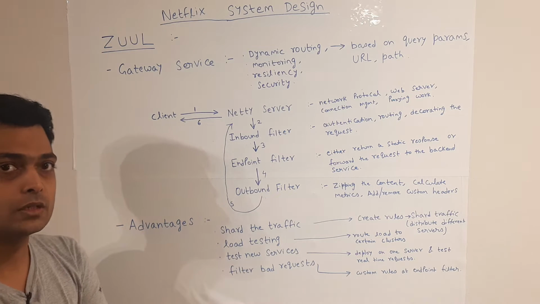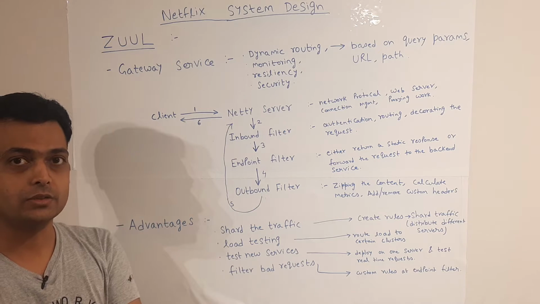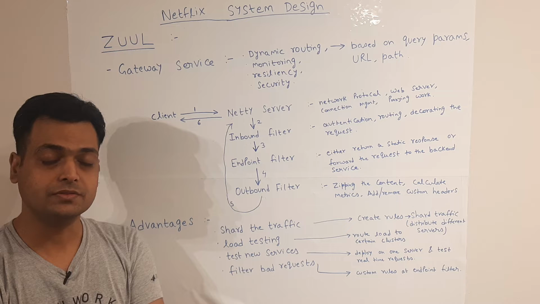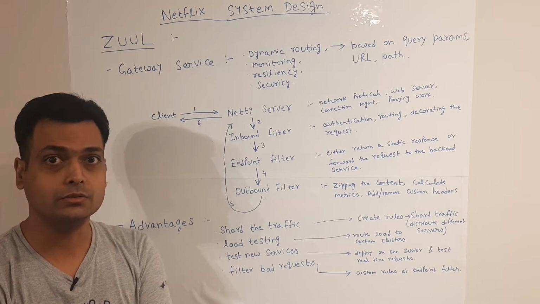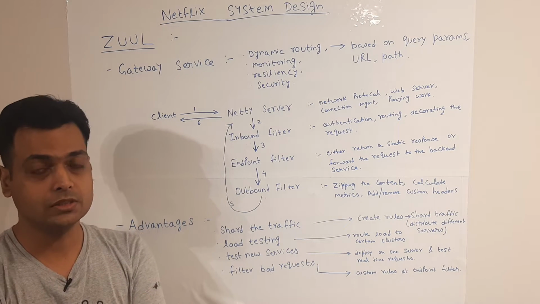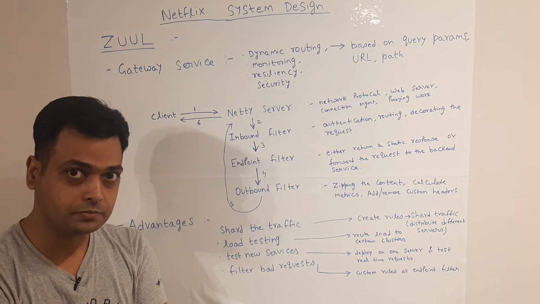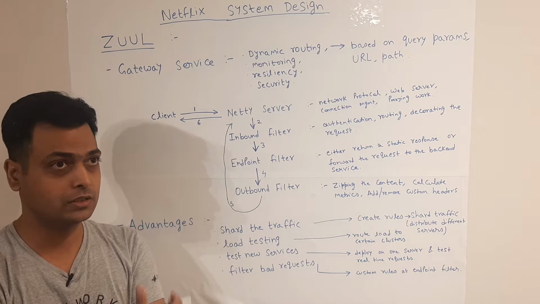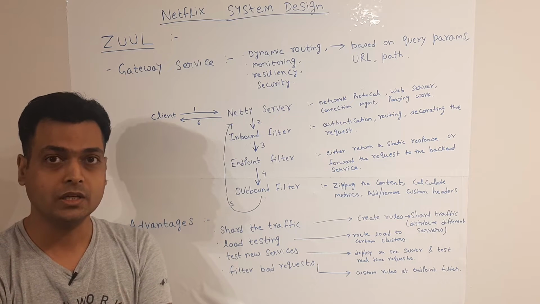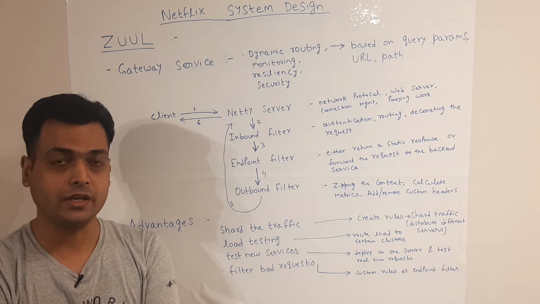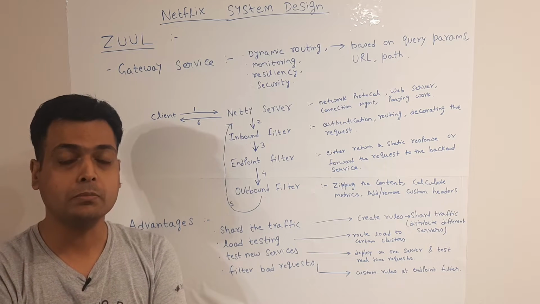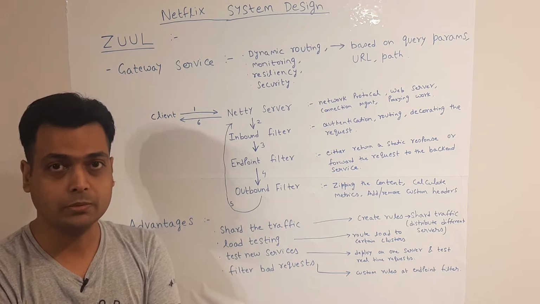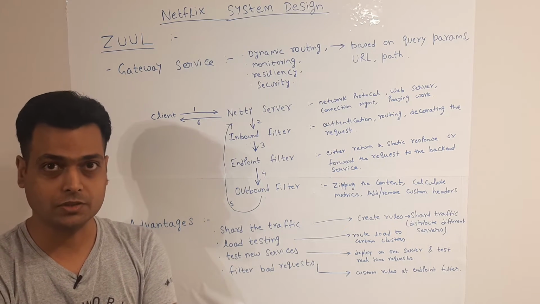So if you have a system which has multiple endpoints and you want to divert the traffic and manage the traffic so that it gets routed correctly to various endpoints, Zuul is something you need to understand. Suppose there is an endpoint products which gives us a display about all the available movies on Netflix. Then there is an endpoint about payment which takes care of various payment services or subscription services.